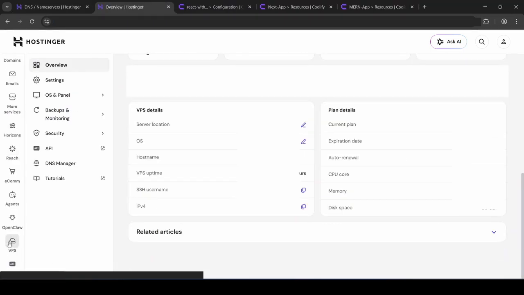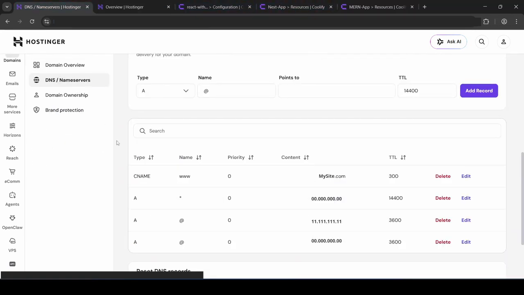Okay, and where do you find this? So what I want you to do is open up your VPS, go into overview and scroll down. Here you will see this IPv4. Okay, you need to copy this, and then take that IPv4 address you copied and paste it into points to. Okay, and after you've done that,